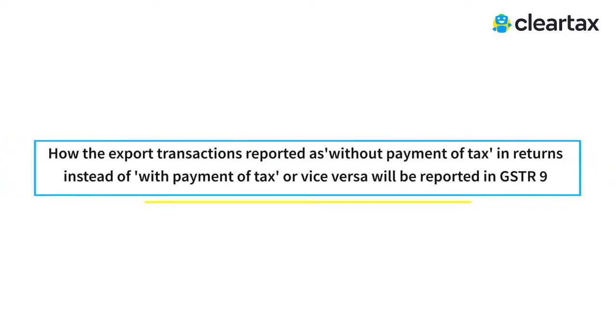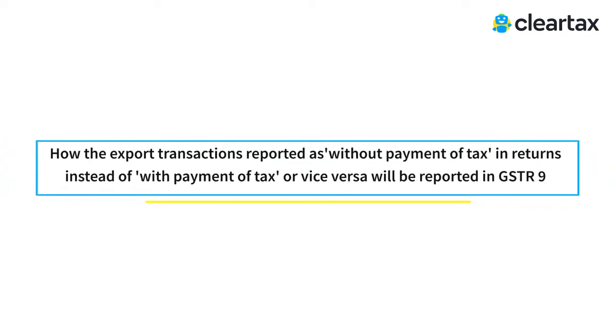In table 4C, we have to mention the zero rate supply on payment of taxes. So if a person has reported zero rate supply without payment of tax and then corrected it with payment of tax, will it be reported in 4C? So again, when it comes to the exports, most of the time when the transaction is reported in